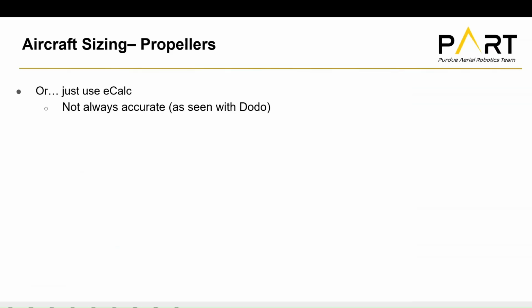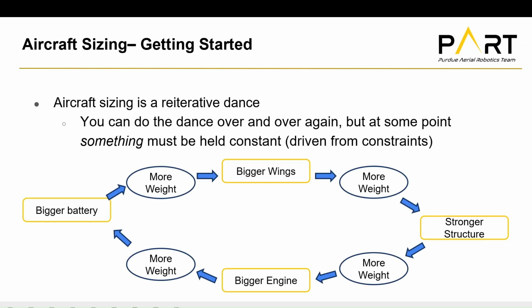Or you can just use eCalc. eCalc is a very nice online tool that does all this stuff for you, but it's not actually accurate with Dodo. I think it showed we would get about half the amount of thrust we actually did from our motor tests, our motor test stands. And it said we technically wouldn't fly, but we flew great with Dodo. So just keep in mind that eCalc can be incorrect. So now you've chosen your airfoil,